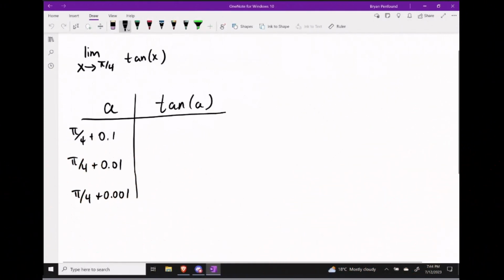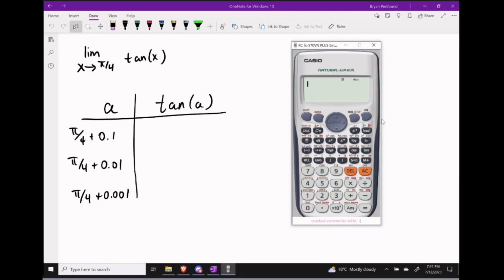In this video, we're going to use a table of values to evaluate the limit of tan of x as x tends towards pi over 4. Since we're working with the radian measurement pi over 4 here, there's a couple different ways we could tackle the